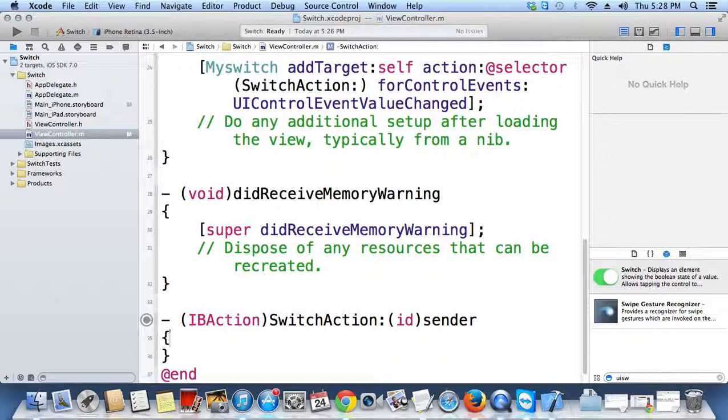In this function I am going to write what the value is, whether the switch is on or off. How to write that?